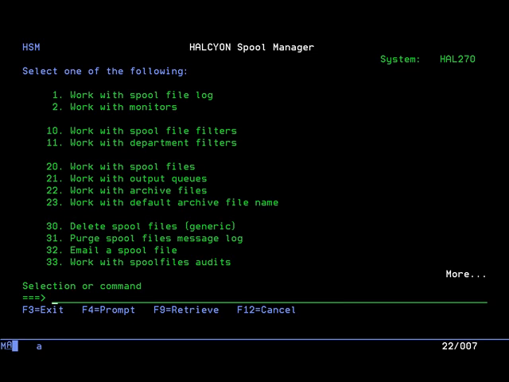Halcyon Spooled File Manager is our easy-to-use spool file distribution and archiving product. The comprehensive real-time monitoring and filtering options allow for automatic distribution, archiving and alerting. In this short overview, I'll show you a very simple process to automate the archiving of spool files and a